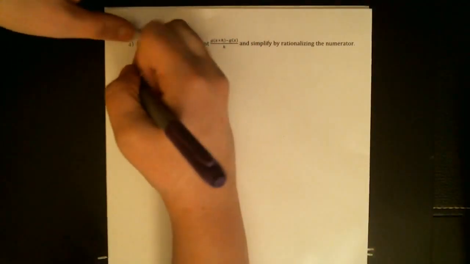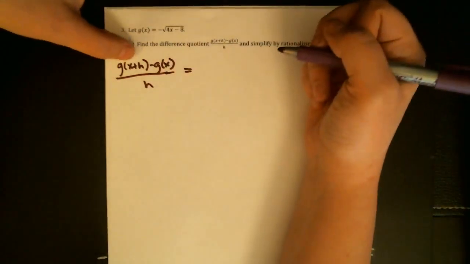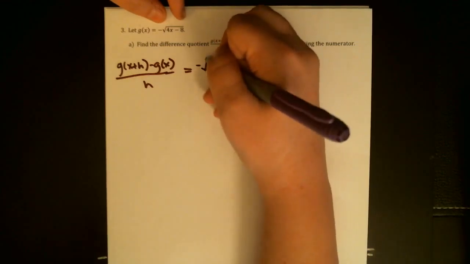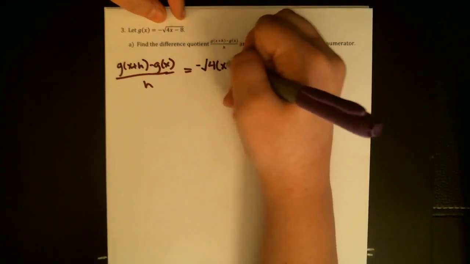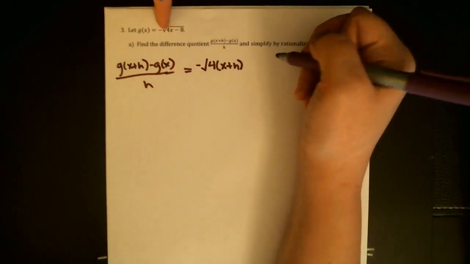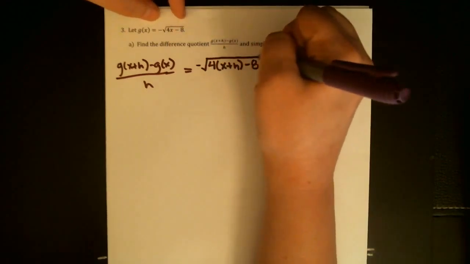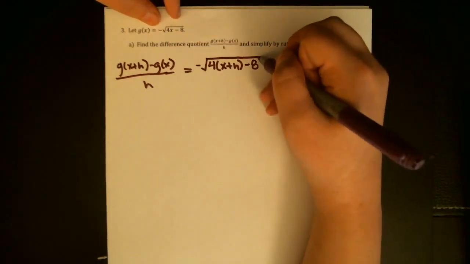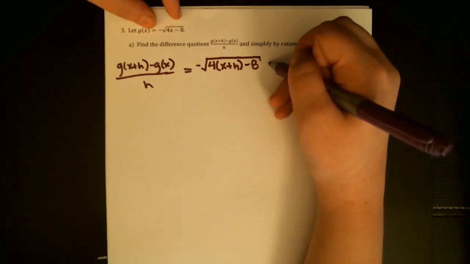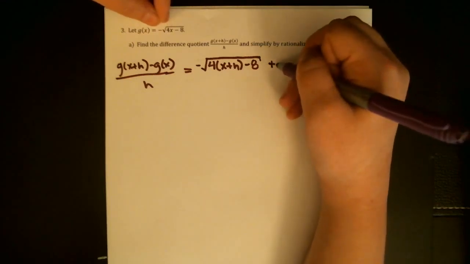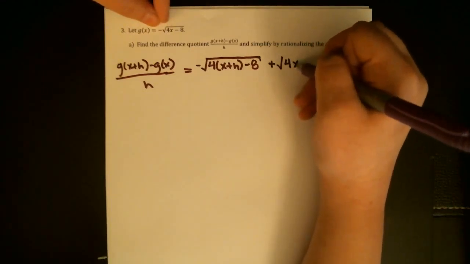Okay, so if we want g of x plus h minus g of x over h, we should first take the x plus h and plug it into our function g. Our function g is going to take that x plus h and multiply it by 4, subtract 8, square root that, and then multiply by a -1. We are then supposed to subtract function g of x, so it's minus a negative root, which ends up being plus the square root of 4x minus 8